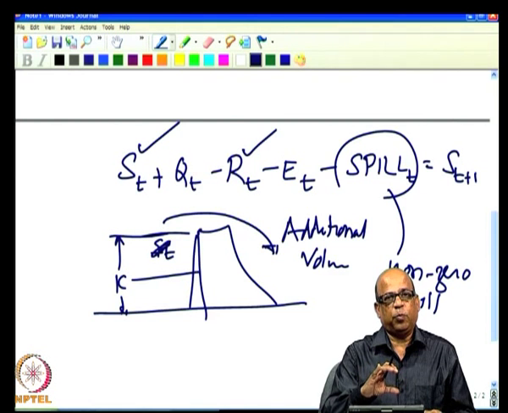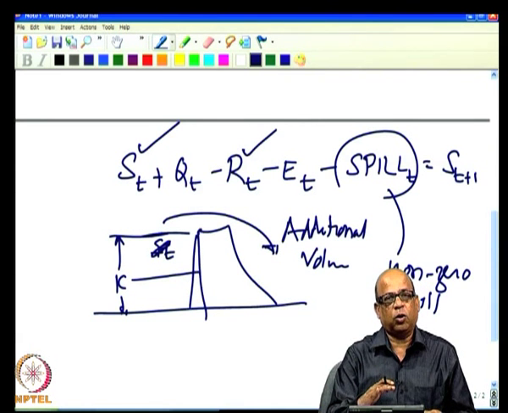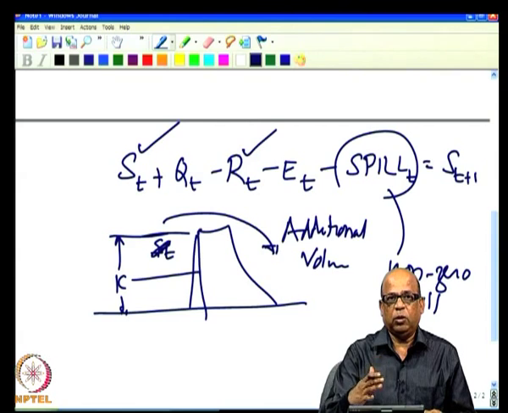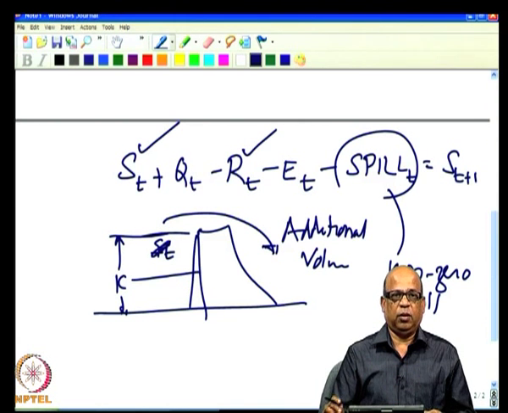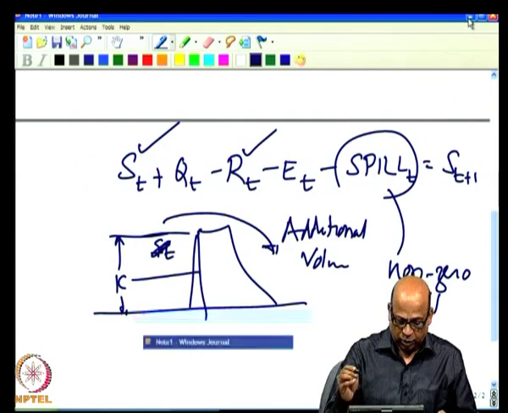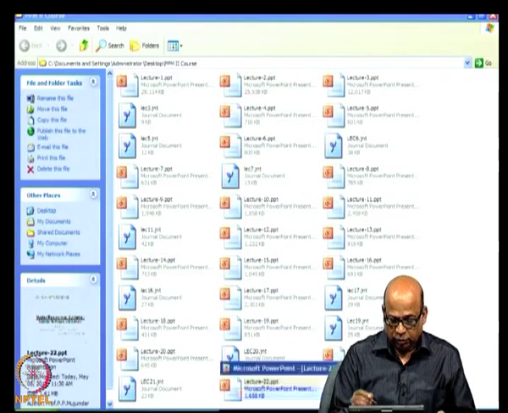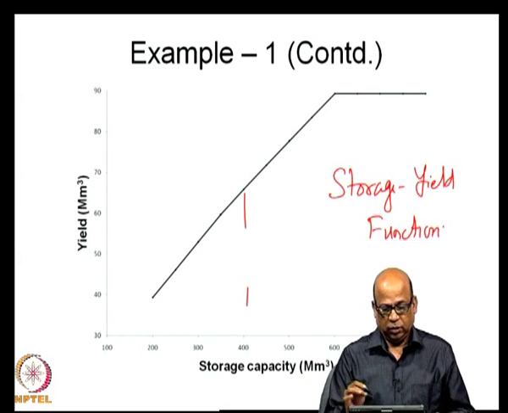Remember, whenever you are putting it in mathematical forms, you must remember that the spills can occur because of the way we write the constraints. The spills can occur even when the storage has not reached the capacity, and you should be alert to such situations. When you look at the results of the model, you must specifically see whether the spills are occurring only when the storage has reached the maximum storage or the capacity. So, this is the problem that we will now address. That is, how do we account for the spills in the storage continuity equation?